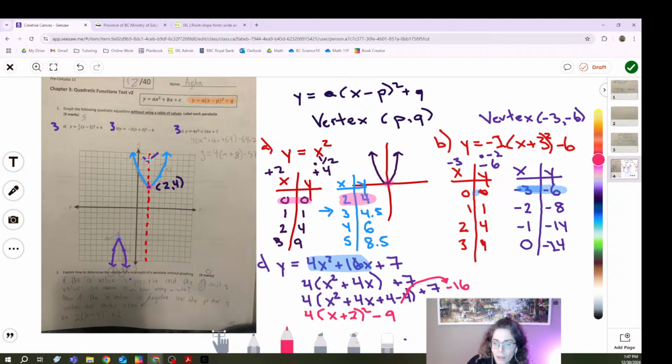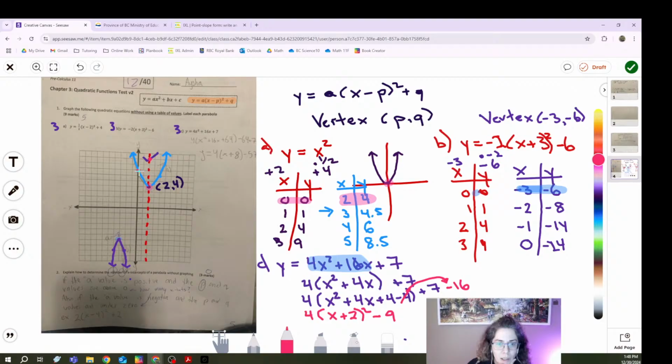Well, if you replace these x with zeros, what's going to happen? You just get 7. Yeah, exactly. And so here's the issue I have. 1, 2, 3, 4, 5, 6, 7. If it's saying my y-intercept is 7 and my vertex is at,